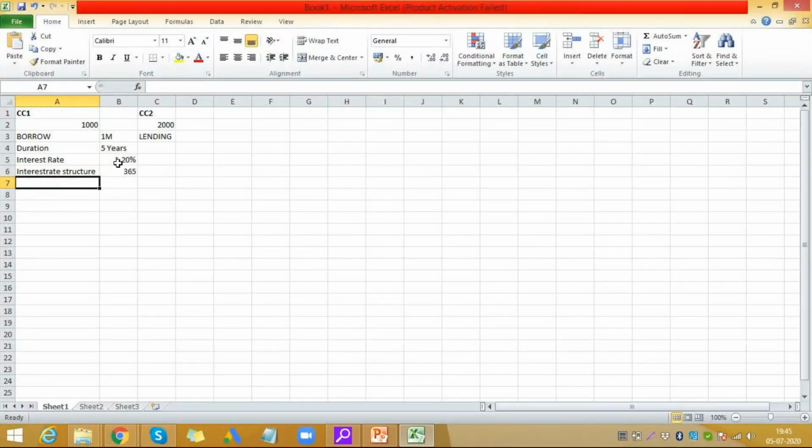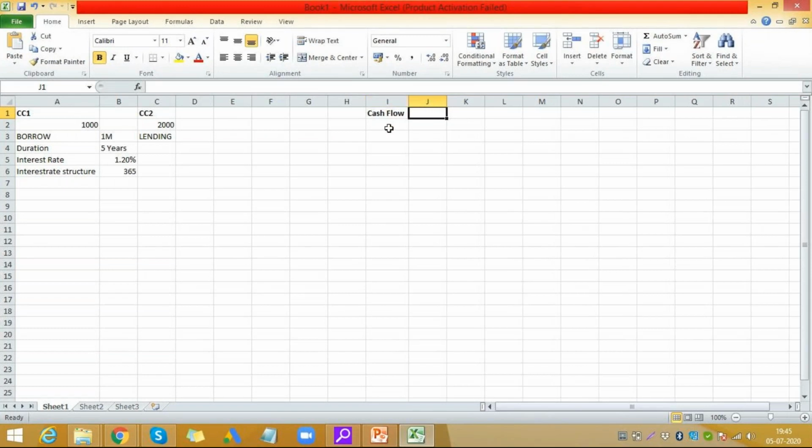So now we have the cash flow. You will see this in SAP whenever we implement the first instrument, but just to show you on the cash flow side, this is for company code 1000, which is borrowing.